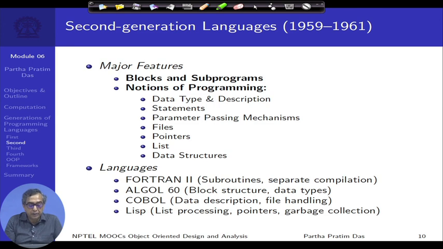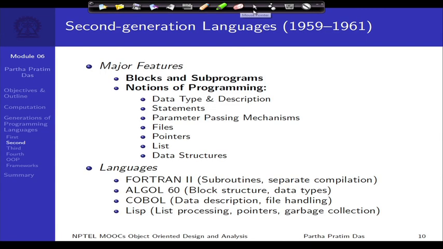and, not in Fortran, but languages like Algol started introducing pointers, that is address variables. So, you could create some kind of a list, and specific languages like Lisp were created to manipulate list kind of structures. Data structures started happening. Though it is typically marked as a short generation in terms of the lifespan of programming languages, it was a very significant generation which introduced a lot of the fundamental programming concepts in